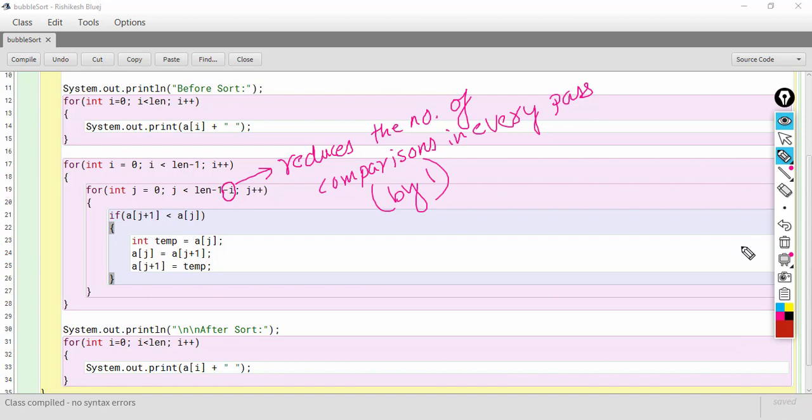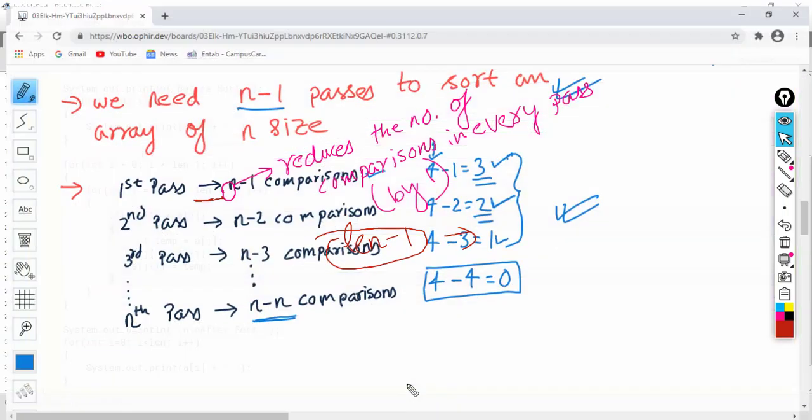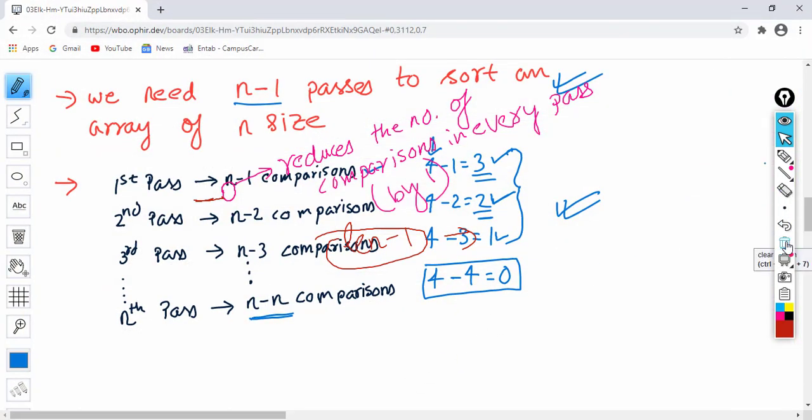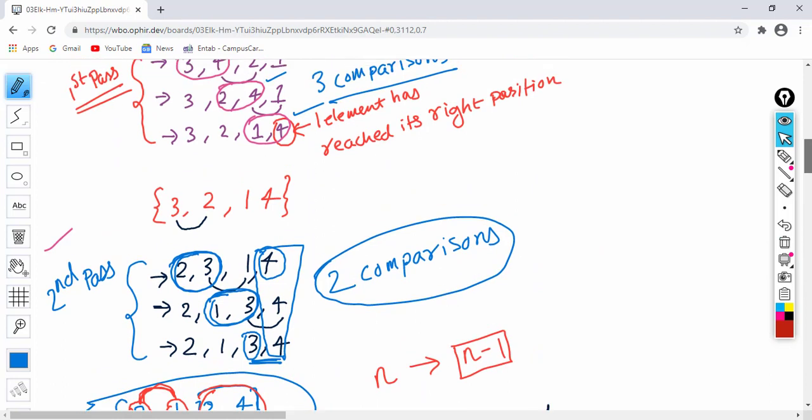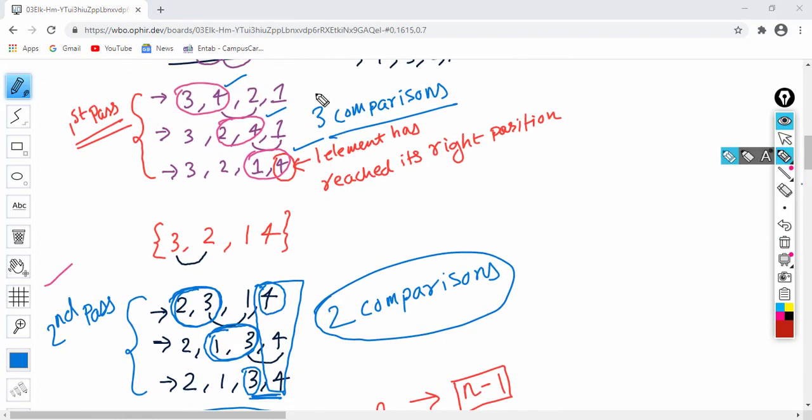And what does this len minus 1 do? So len minus 1 ensures that in the first pass we will always require n minus 1 comparisons. Here the size was 4, total elements were 4, so we needed 3, one less comparison.